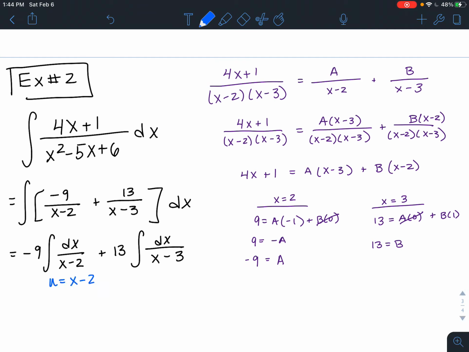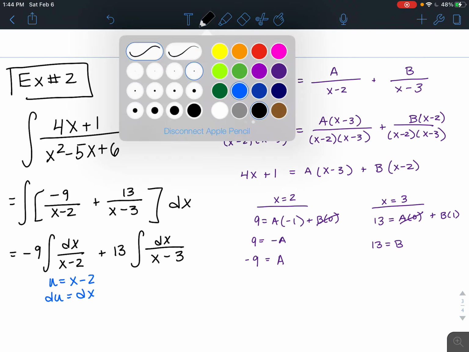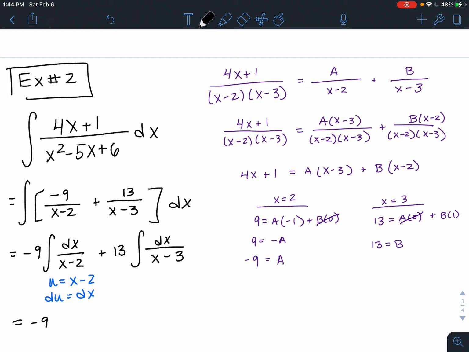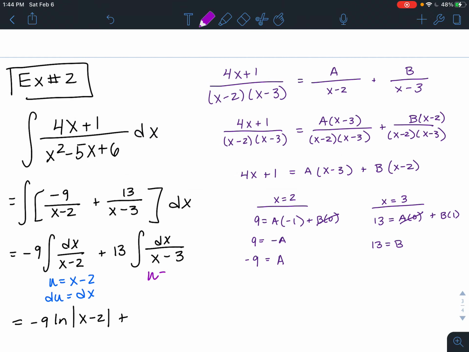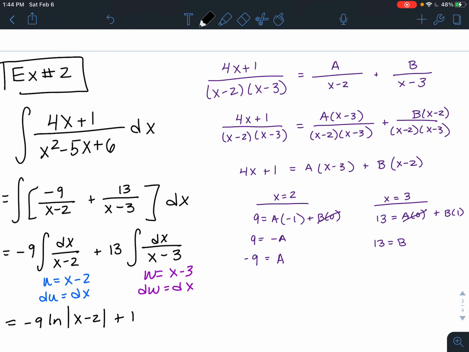So I'm not going to do the full u substitution here, right? Because if u is equal to x - 2, the du is just dx. So that integral is going to become du over u. I know that's going to be a natural log. It's going to be negative 9 natural log of the denominator. And then same thing over here because it's a linear term, right? If I make w equal to x - 3, my dw would equal dx. So that's just going to be dw over w. So again, natural log: 13 times the natural log of the denominator,